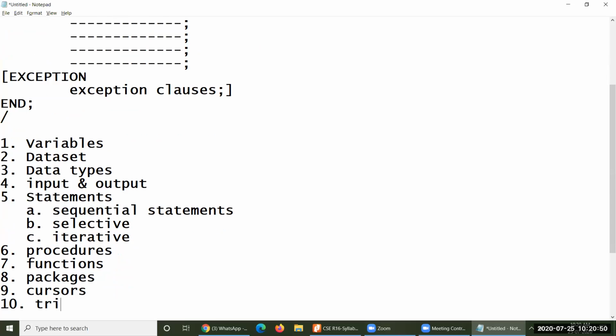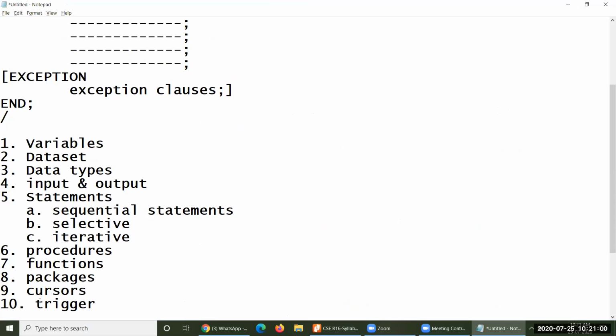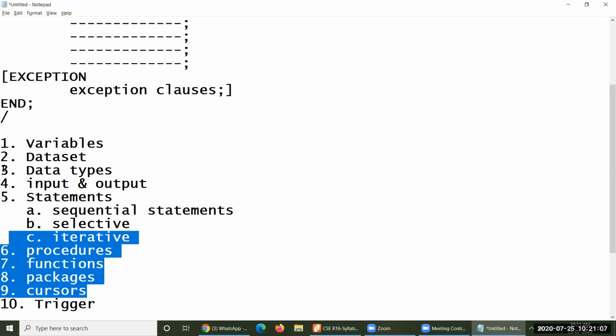That is triggers. I hope you can see triggers in our syllabus. This is very important while talking about our databases. Triggers play a vital role when compared to all the other points here.